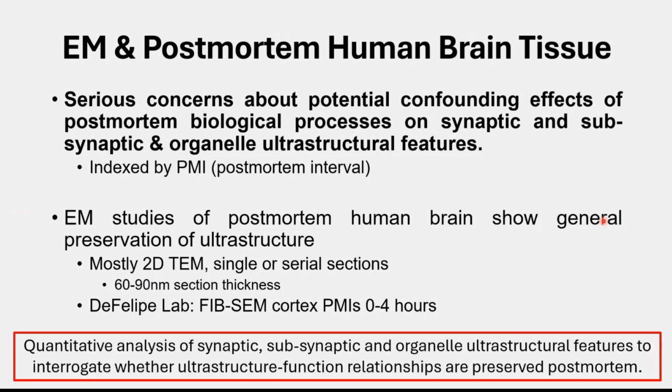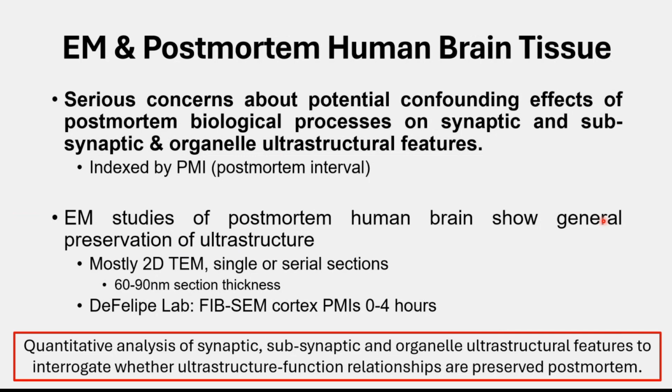However, what we don't know, and what has not been specifically done, is to do a quantitative analysis of those synaptic, subsynaptic, and organelle ultrastructural features to interrogate ex vivo whether that function-structure relationship is preserved across individual synapses. And so the data I'll present today is our attempt to begin to answer that, doing a proof of concept